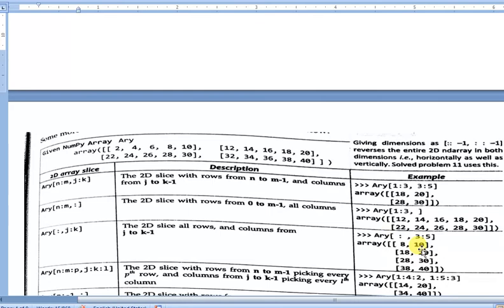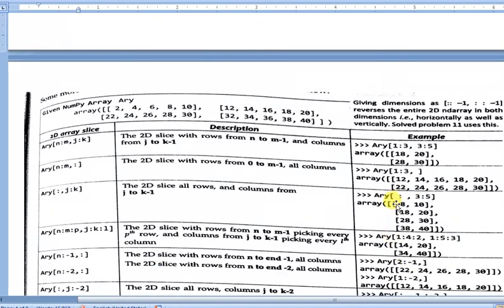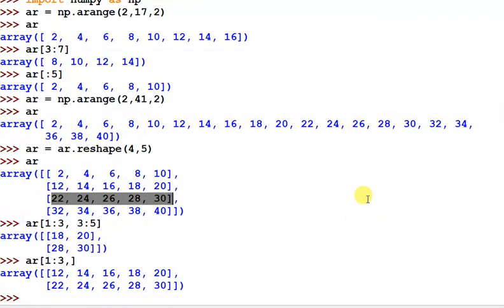Then you move to the next one. Suppose this example is given. No row index is given here, so you have to select all the rows, and then the columns. All the rows you have to select, and what are the columns you have to select from all the rows? 3 to 5. So the example is ar, all the rows, and 3 to 5.